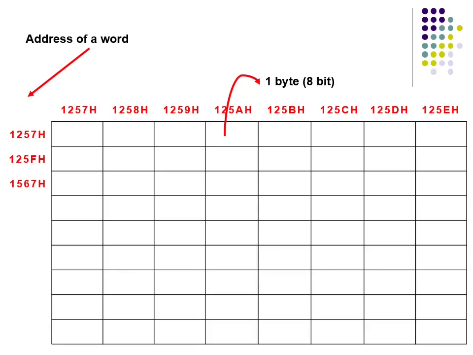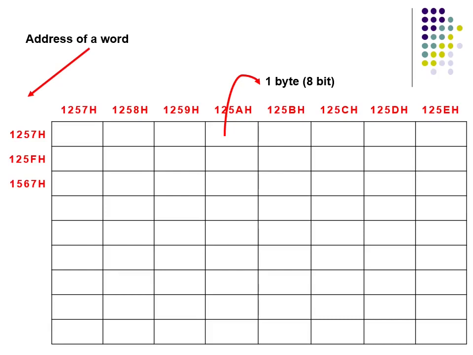To understand this, let me define what a word is first. I said a word is nothing but multiple bytes arranged together. Practically, the definition of a word is the size of data a processor can fetch at a time. The maximum size of data your processor can fetch at a time from the memory is called a word. That means a processor can fetch only one byte at a time, or 4 bytes at a time, or 16 bytes at a time.